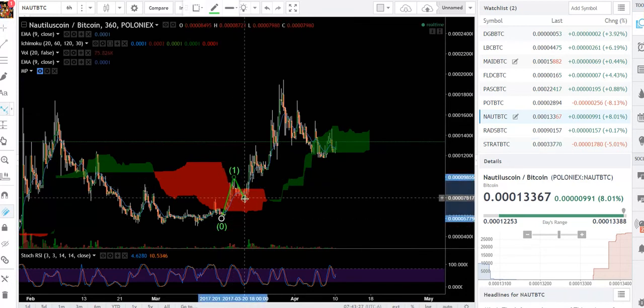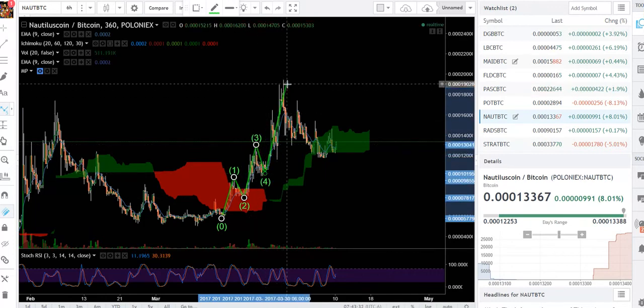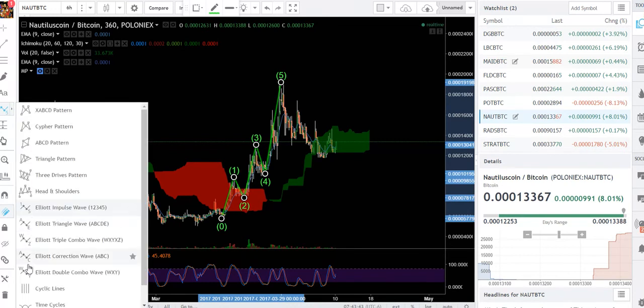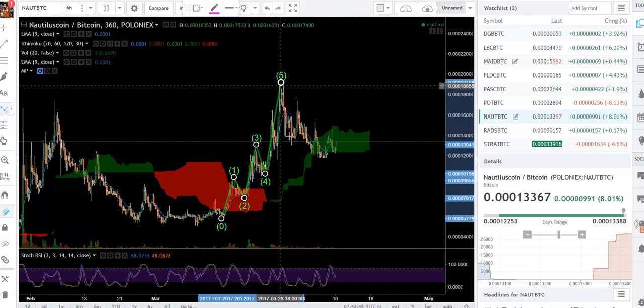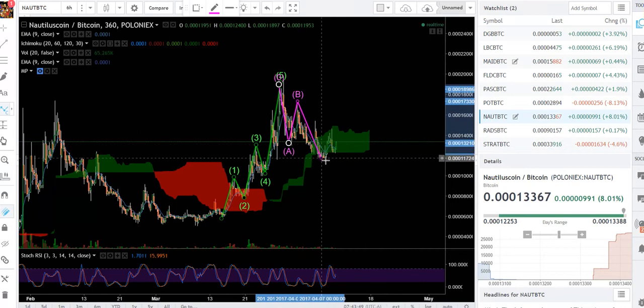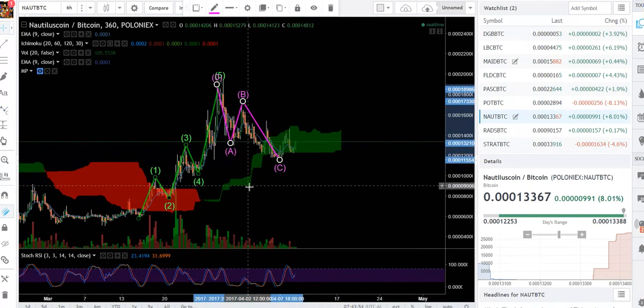A new impulsive session. Like this. And this fifth wave looks like it even did like a double. We came down real quick here, but it did double. Okay, and then out of that, what did we get? An ABC retracement as well. Basically where price came down here, thought it was going to rally back up, didn't, and then came all the way down to here. Okay, so we basically got a pretty well-established Elliott out of this move,